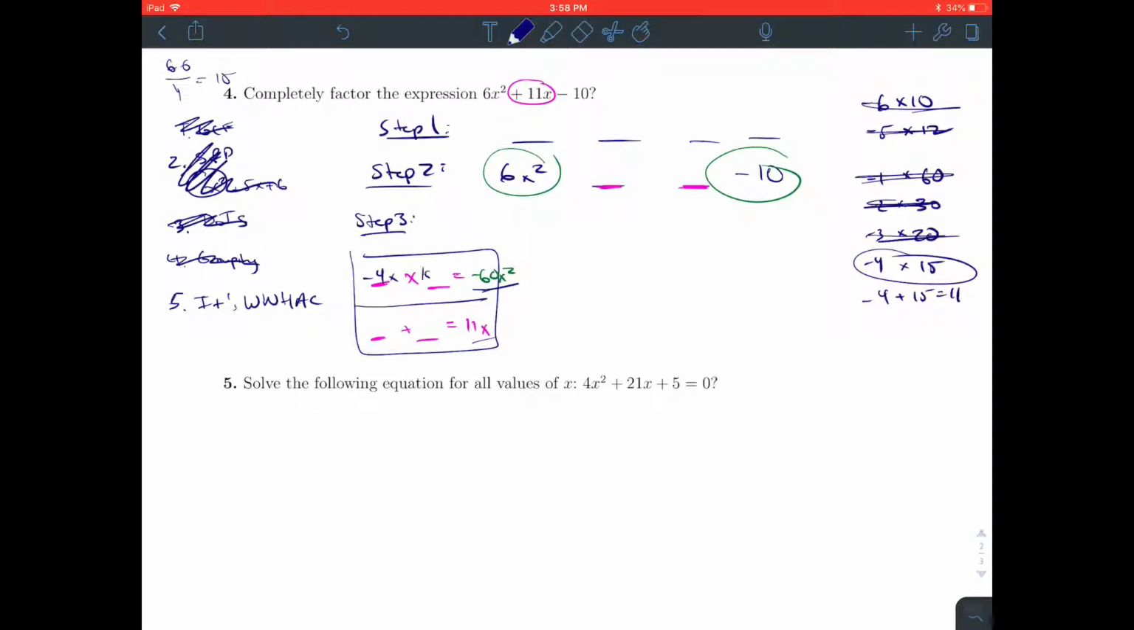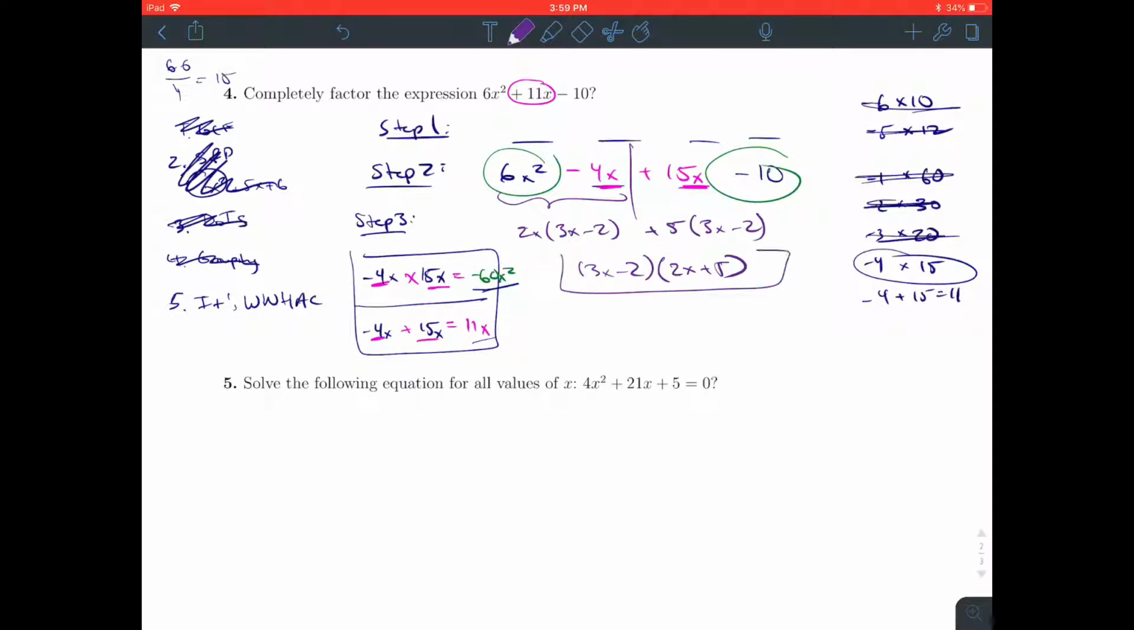So we have negative 4x, 15x. You plug in these pink numbers in either order. Doesn't matter which one comes first, it still works. And you factor it now by grouping using step 4. So with grouping, these will give you 2x times 3x minus 2. GCF here is 5, that gives you 3x minus 2. We're in good shape because the 3x minus 2 is in common, so you get 3x minus 2 times 2x plus 5. All right, so I think at the start of this video I said we were going